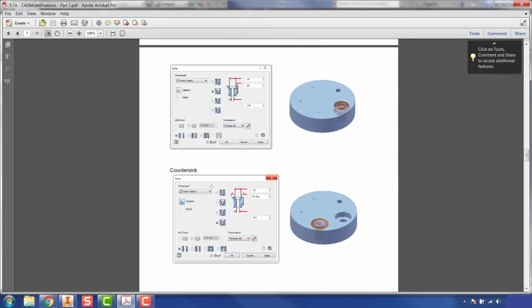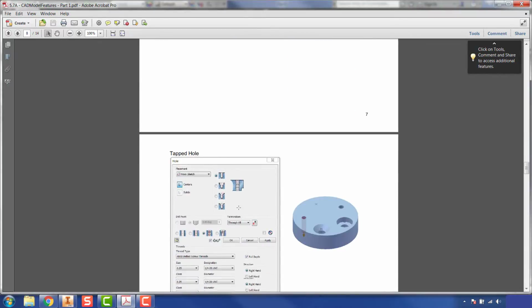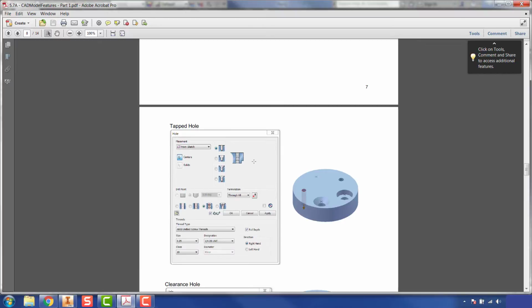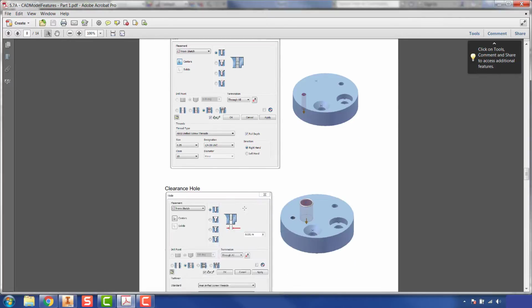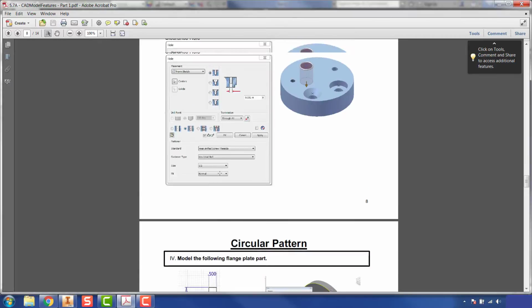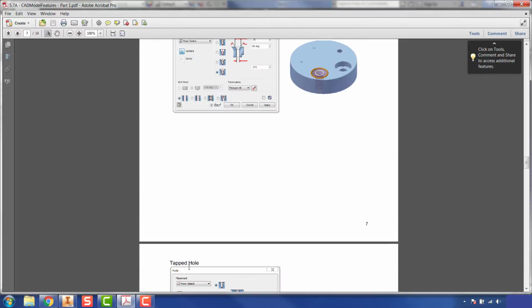You also have the countersink, a tapped hole or a hole with threads. And pay attention to the bottom here. You'll have to change these settings down here and make this look exactly like it shows on here to make it correct. And then you have a clearance hole to add as well. And once you've added all those